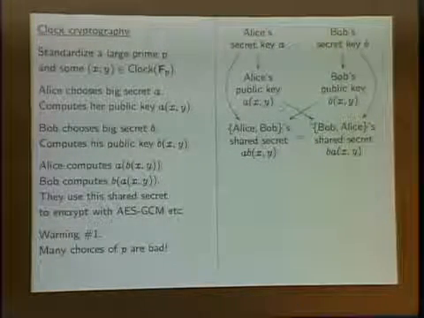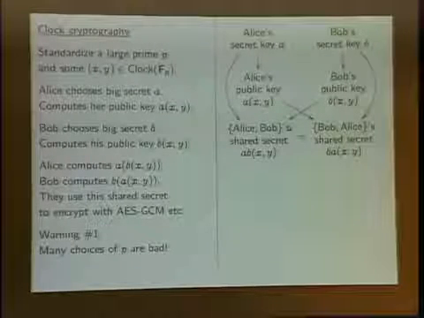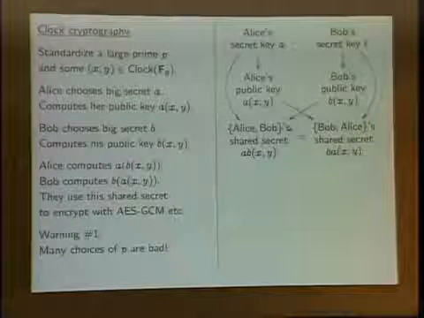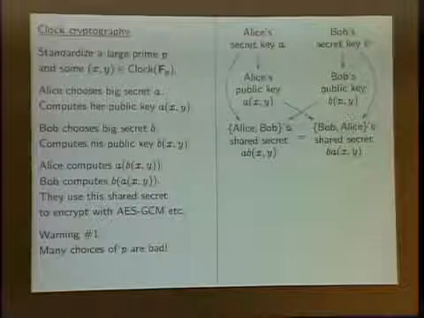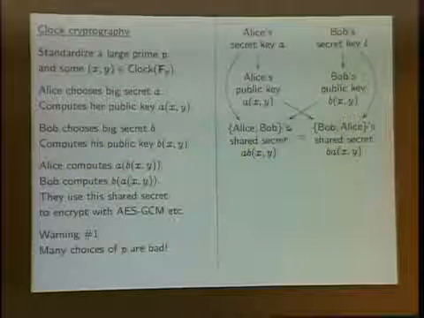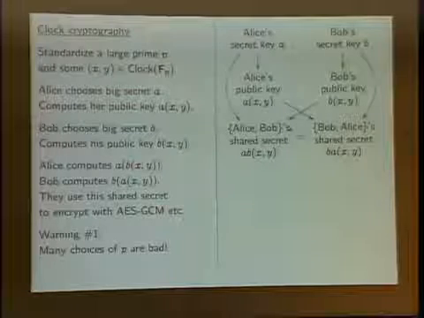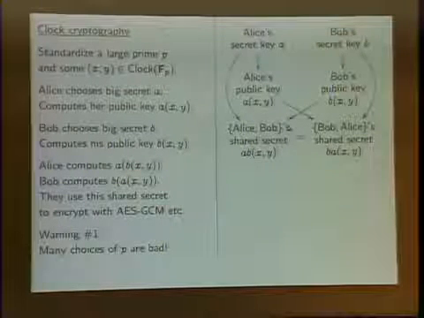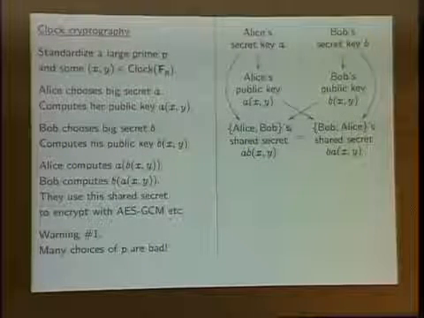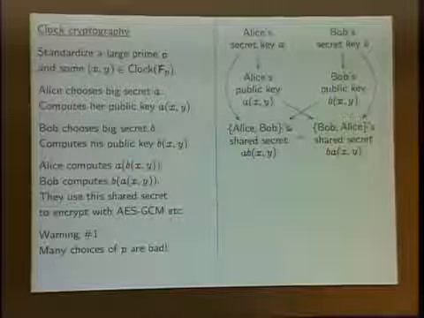messages. Alice sends her point to Bob, Bob sends his point to Alice, and then there's another step where both of them do a scalar multiplication. Alice now takes her secret scalar a times Bob's point. Bob takes his scalar b times Alice's point. So Bob has a times b times the point, and Alice has a times b times the point. So both of them, even though they changed the order of the computation, have